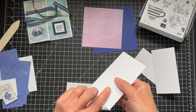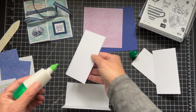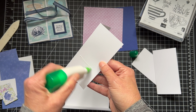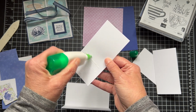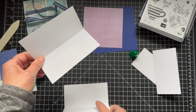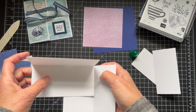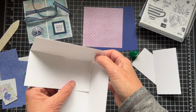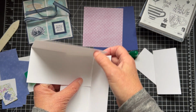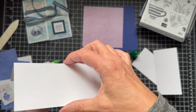So I'm going to put some glue. I'll use my liquid glue. I'm just going to put it here. I think the first one doesn't matter, but as you go, you have to put them in the right order. And you want to make sure that this is right up against the fold, but that it still folds. So you don't want it to go too close where it doesn't fold anymore, and you want it to be